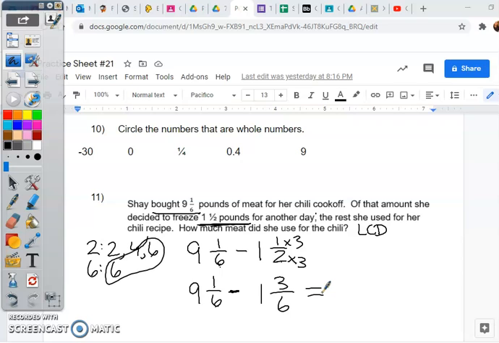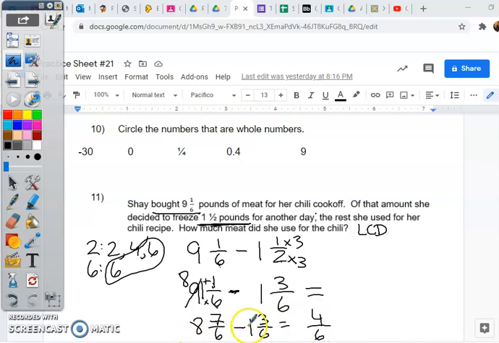Now, when I go to subtract, I notice I can't do 1 minus 3 on these numerators. So remember, I only have one piece. I need more pieces. So I go to the 9. I borrow 1 whole. Okay, and that whole that I borrow has 6 pieces. So now I have 1 piece plus 6 pieces, so I have 7. Or you can say 6 times 1 is 6 plus 1 is 7, if you want to just make it improper. Okay, so now that I've borrowed, I will have enough. Okay, so 7 minus 3,